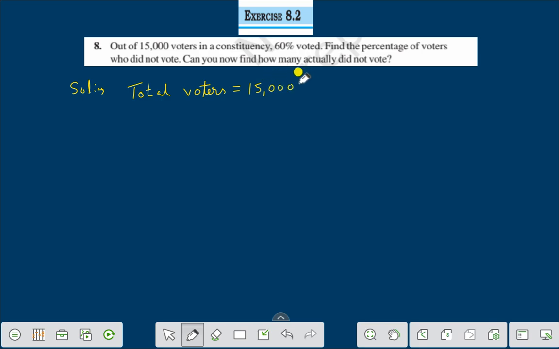Total voters is equal to 15,000. Right? Now, 60% voted. That is percentage of